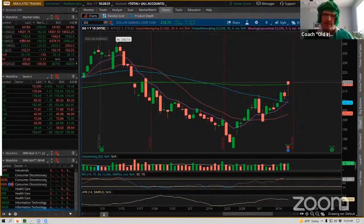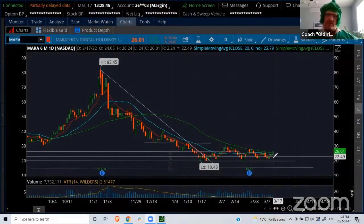Price to book ratio, my friend. This has been something that I thought needed to be brought forward for a while now. We've talked price to earnings, PE ratios. We've talked PEG ratios. I want to talk price to book ratio today because the reality is when you're looking